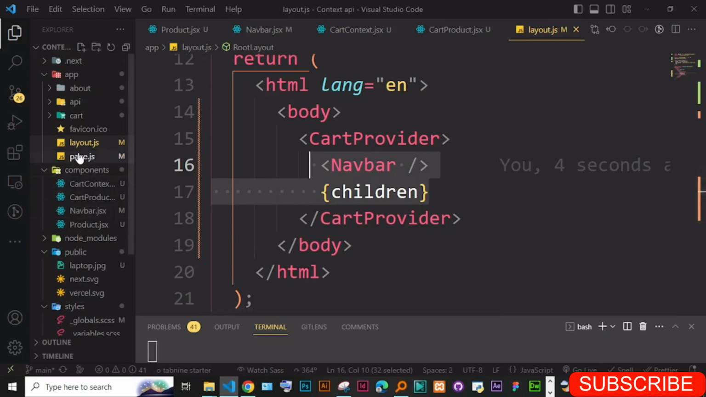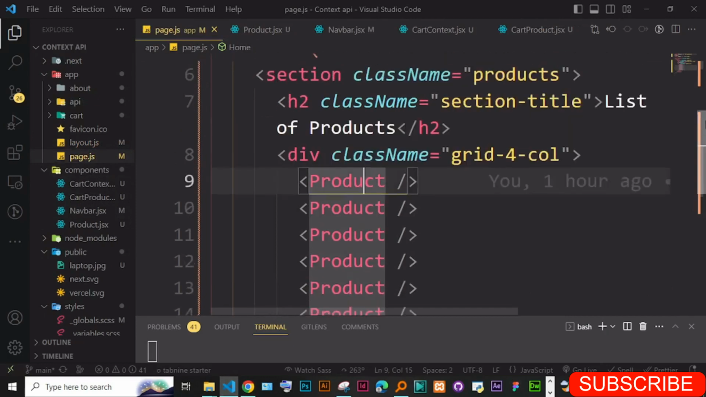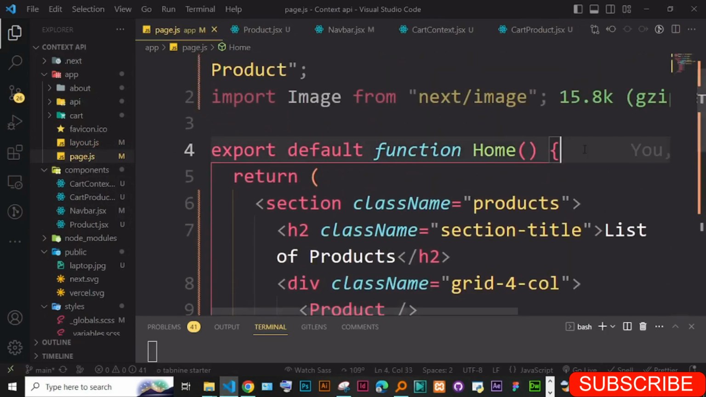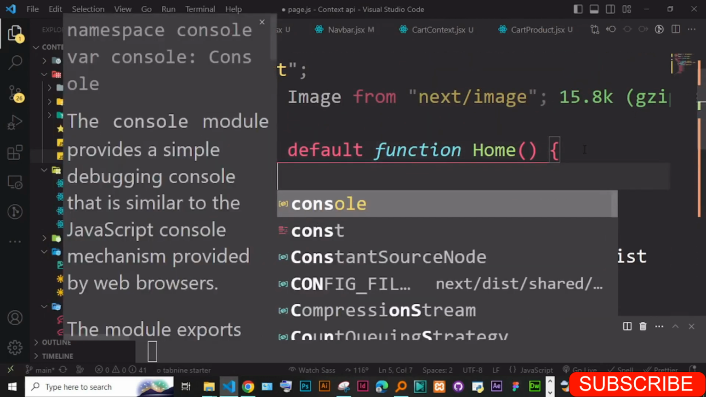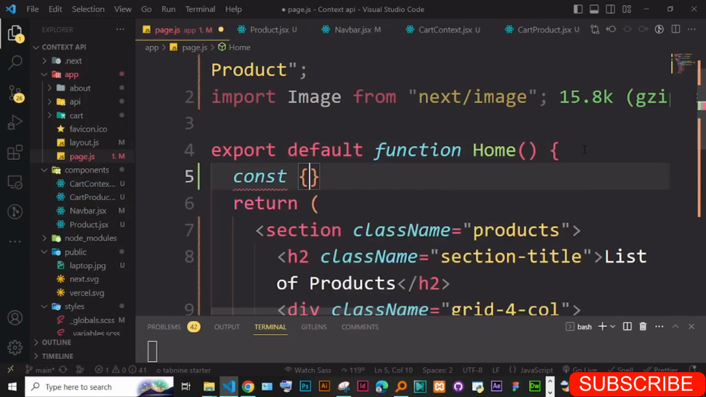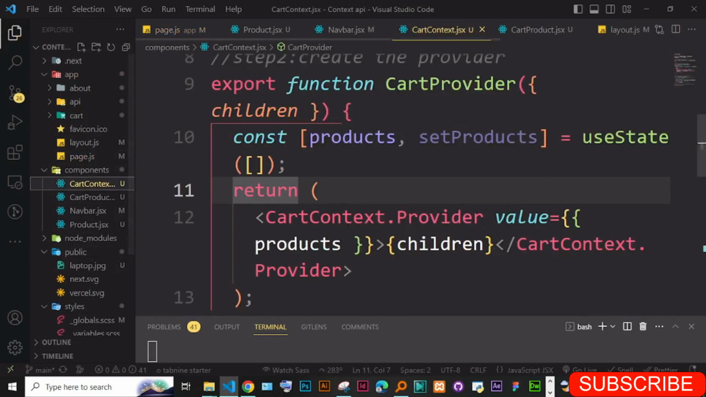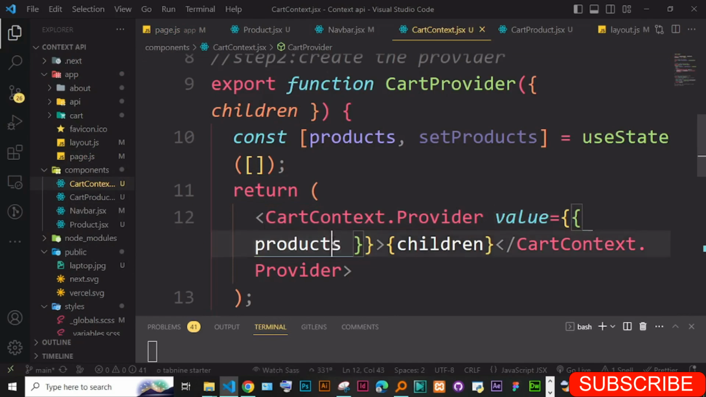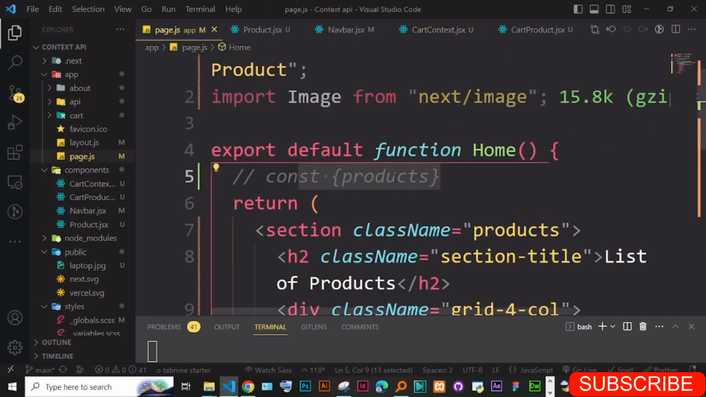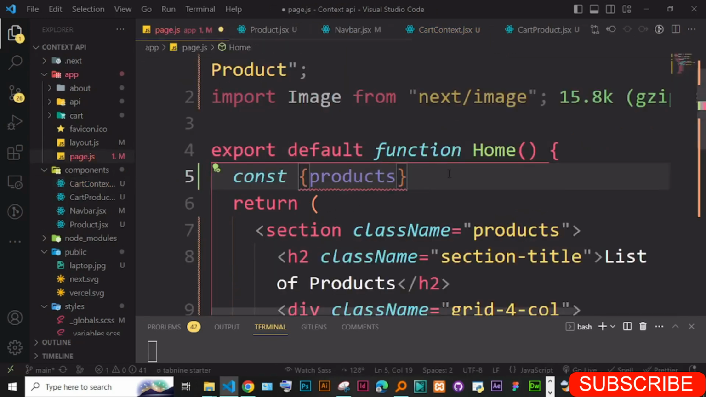So for instance, in the home page, we will need the products. I would come inside here and say const, and I know that products exist in the global state. Remember, whatever you expose here in the value will be globally accessible now, anywhere you want. So if I go in the page and say const product, I can get these ones